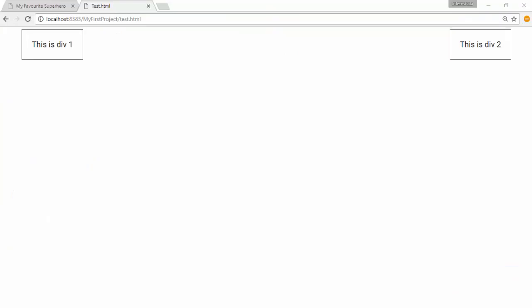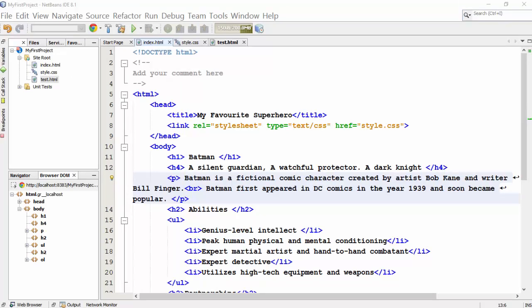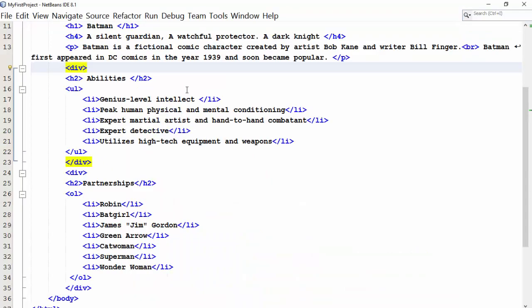Let me see how text.html file now looks. You would see that division with id left is floating to left and the one with the id right is floating to right, as we defined in the id selectors. I can simply add these two divisions to my index.html file and get the result.